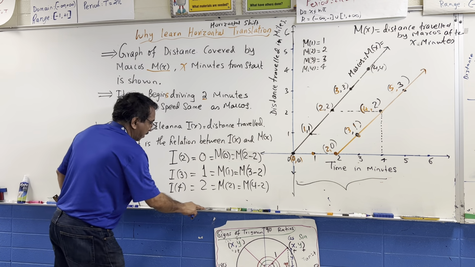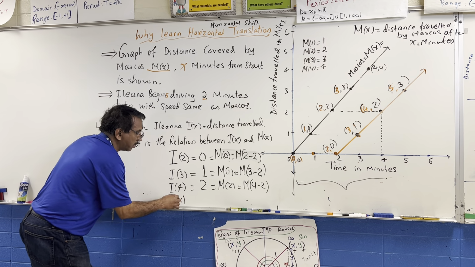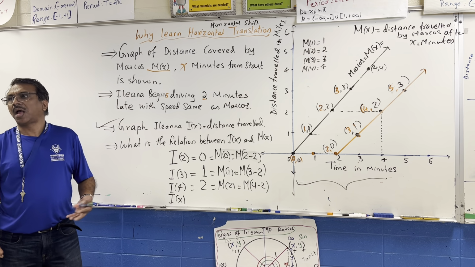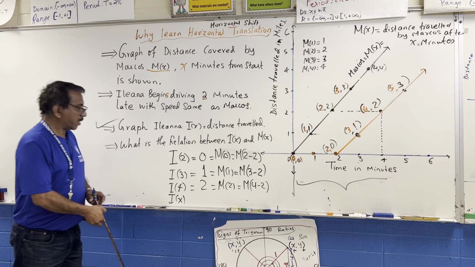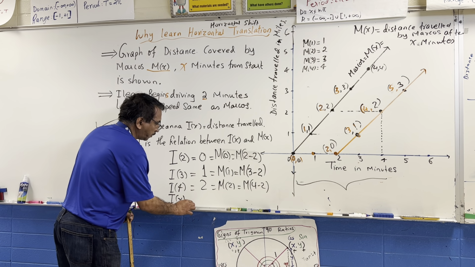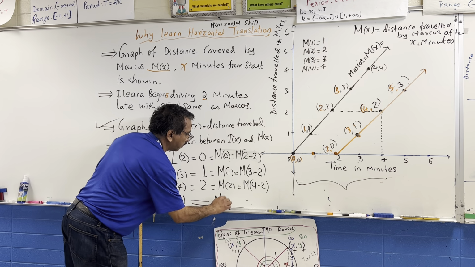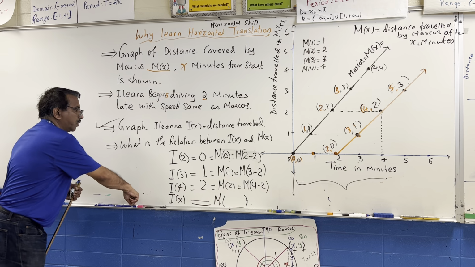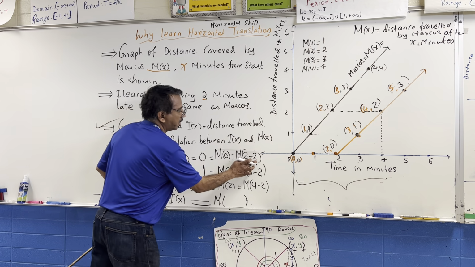That means if I put a variable x, if Lianna's distance traveled in x minutes, now x could be 7, 8, 9, anything. So that is equals, can I write directly as m of what? What should I write there? Let's use a color to this. So this I will write